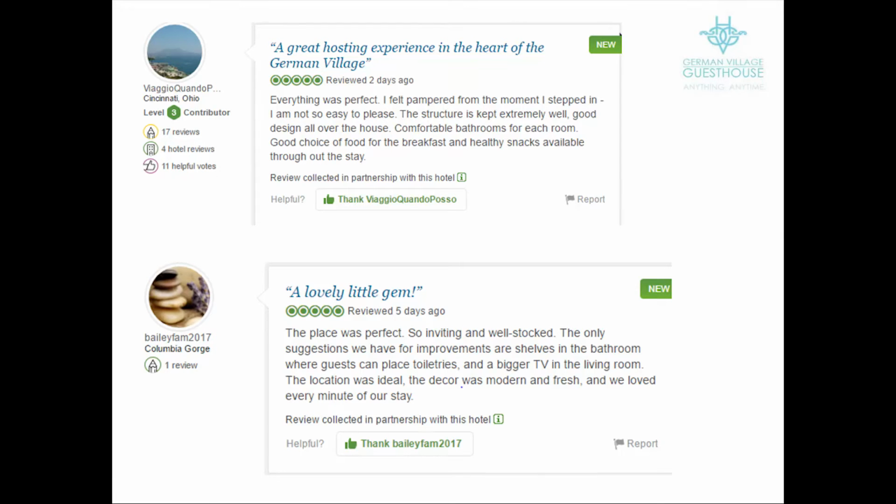And so I think this is a real benefit to me, and it's a real benefit to TripAdvisor, and it improves the relationship between our two companies, because I'm helping to drive more people into their fold, and they see that. They also see that the person above that, the level 3 contributor that has 17 reviews in 4 different hotels, that's beneficial to me as well, because then I can see that that's a very experienced traveler that has a lot of different